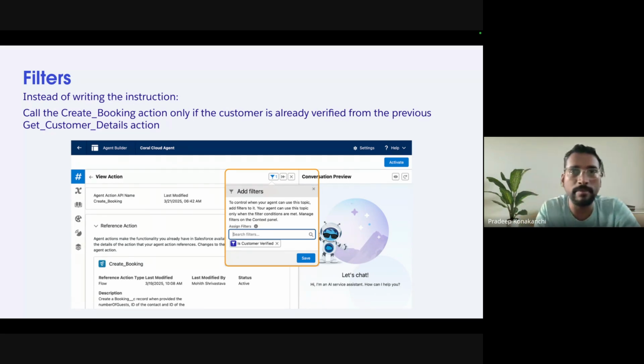In this case, it is simple, but imagine there is complex logic. It is a combination of multiple outcomes of previous actions, and there is a lot of branching strategy in your flow. Like there are a lot of if-else conditions, and a lot of complex business logic. Let's say that's an insurance company. You have to call a particular action only if ABC has already been satisfied,